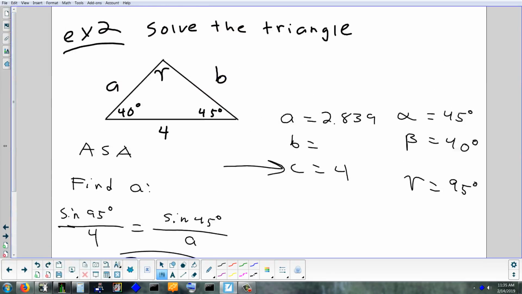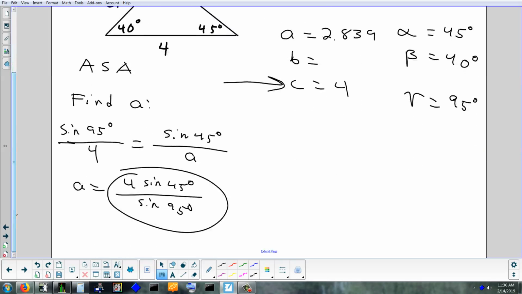Okay, now I know a little bit about what B should come out to. B is the smallest side, so it has to be less than 2.839. But beta is just a little smaller than alpha, so B will probably be just a little smaller than A. All right, so now let's find